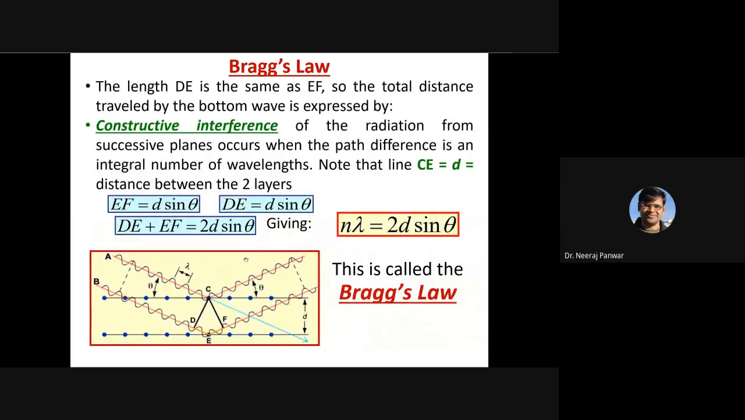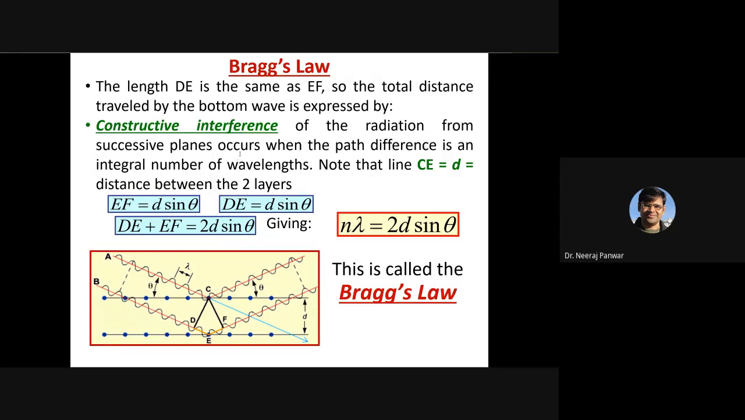So now we calculate this distance DE. This normal distance is equal to D. If this angle is theta, this angle is also theta. And if this angle is theta, this angle is 90 degrees, DE would be equal to D sine theta. Similarly, EF would be equal to D sine theta, and we add them, DE plus EF, that would be equal to 2D sine theta. And we said that